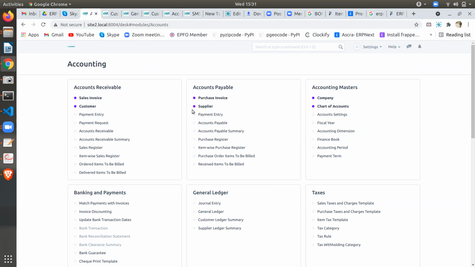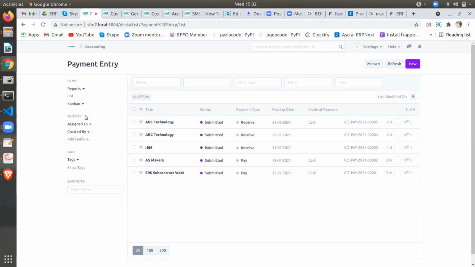And it's my suggestion that whatever entry they are doing now should be in a payment request screen, not directly in the payment. So the customer will give it in the payment request because it will not affect the accounts. Because if you pass everything in payment entry, then immediately their accounts will get affected. So there will be no change in the status, and no verification from the accounts department.